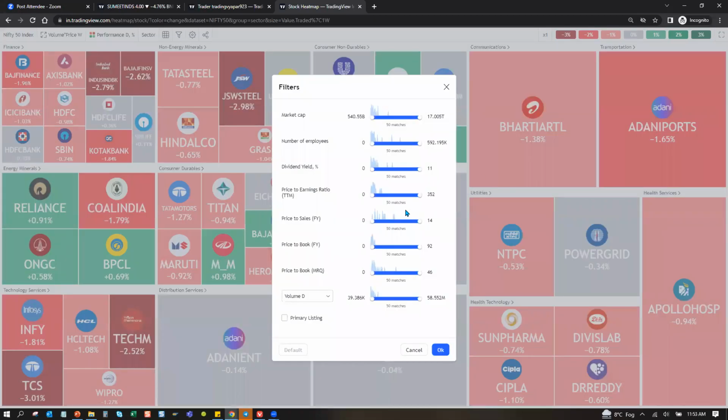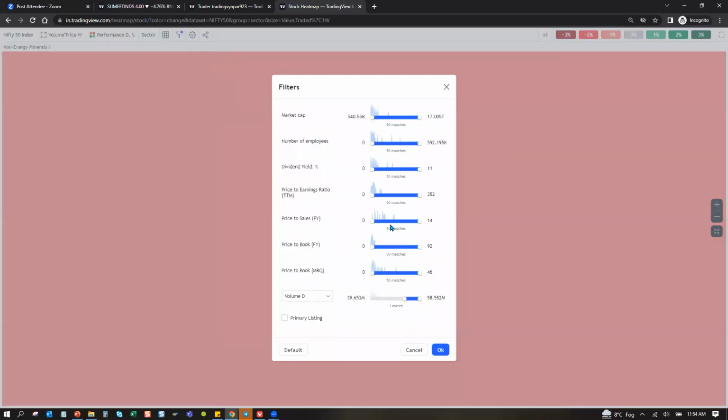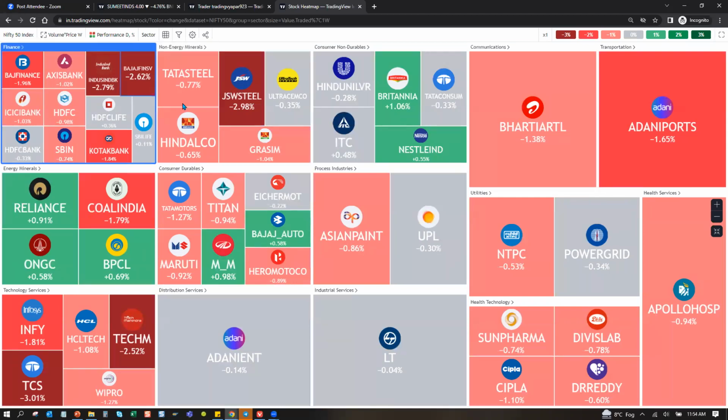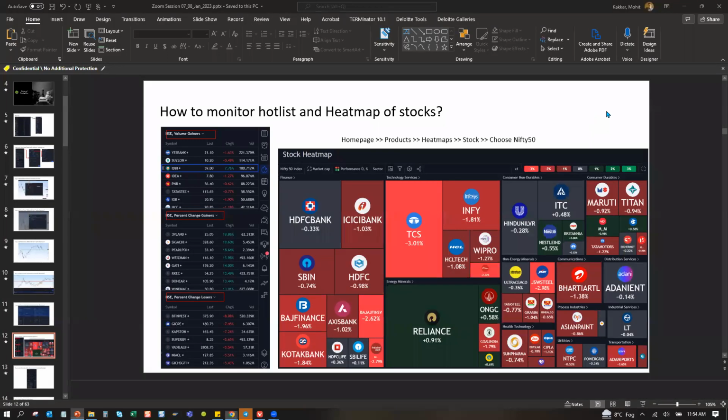I want to do some filtering of the data: of all the stocks that are coming in, I want to do further filtering, that I don't want this one, I don't want that one. Right? You can do further filtering of that. I just filtered on something. It just gave me Tata Steel, whatever I did. Okay, this volume something. So this is playing with heat maps. Interpretation is very easy. I need not explain that. Okay, so I move ahead.